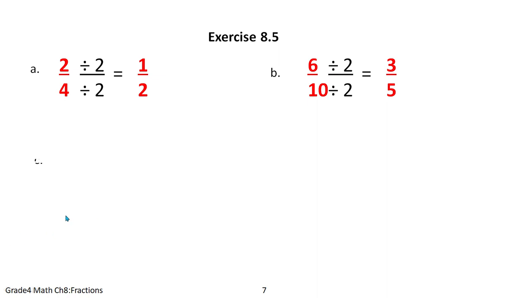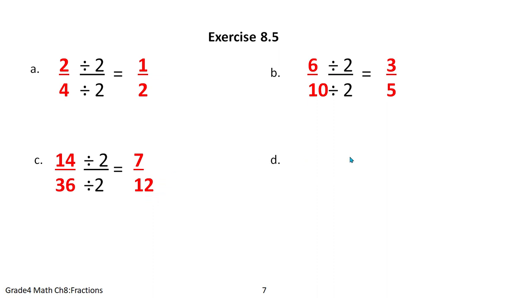Okay. Now moving on to the C part, that is 14 by 36. You can take 2 as a common factor. 14 divided by 2 gives 7 and 36 divided by 2 gives 12. Now do 7 and 12 both come in any table? No. So this is the simplest form. 7 cannot be divided by anything. Anyway, 12 can be divided by 2, 3, 4, but 7 cannot be divided. You have to perform the same action on numerator and denominator. In the denominator you can, but in the numerator you cannot. So this is the simplest form.